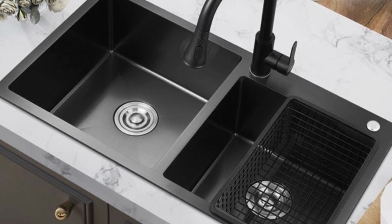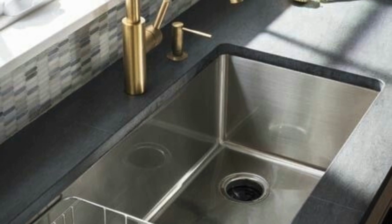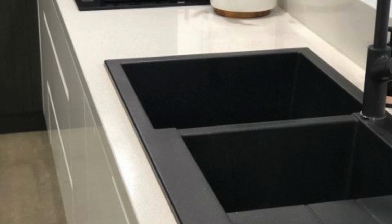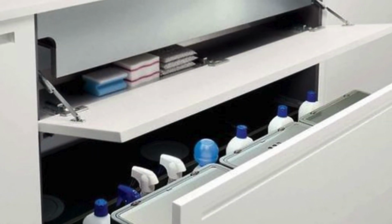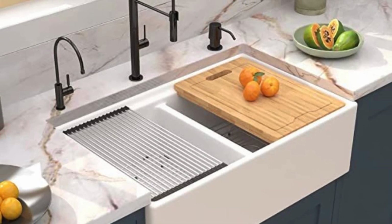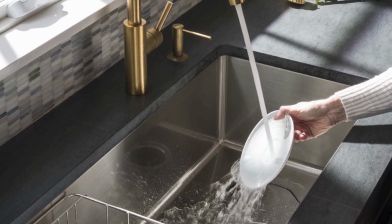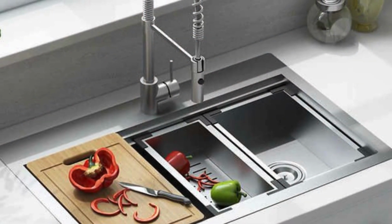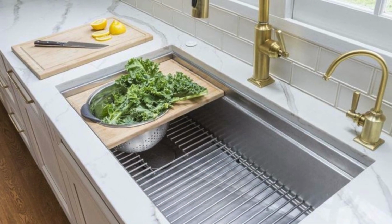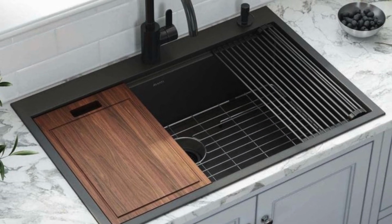Trendsetting kitchen sink styles have evolved beyond mere functionality, becoming focal points that elevate the overall design of contemporary kitchens. Undermount sinks seamlessly integrate with countertops, offering a sleek and clean aesthetic while facilitating easy countertop cleanup. Apron front or farmhouse sinks are making a stylish comeback, exuding a rustic charm and providing a deep basin for